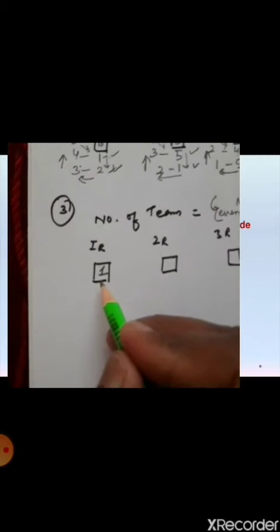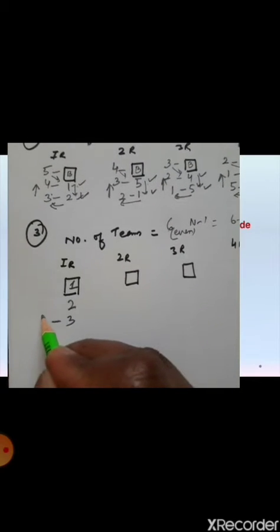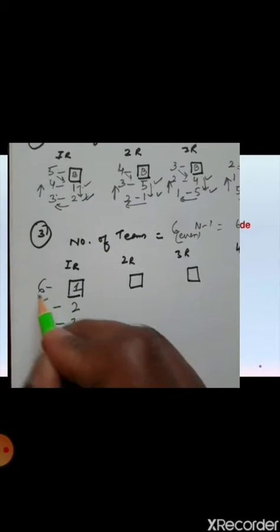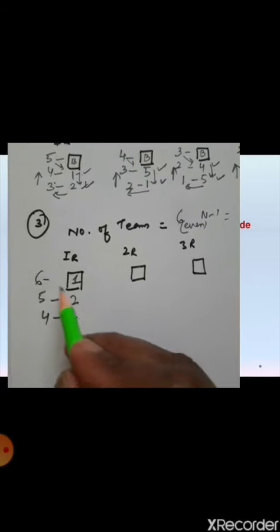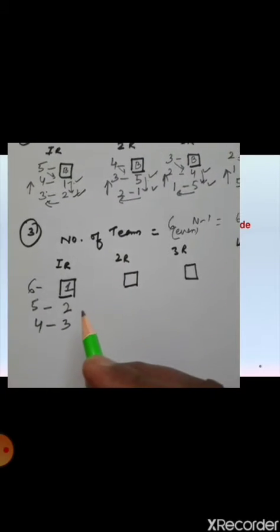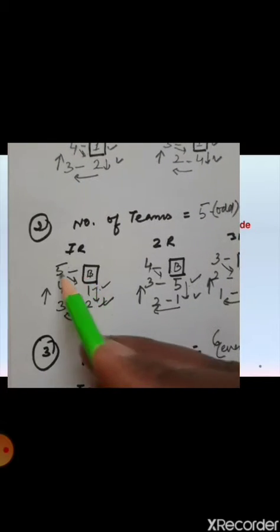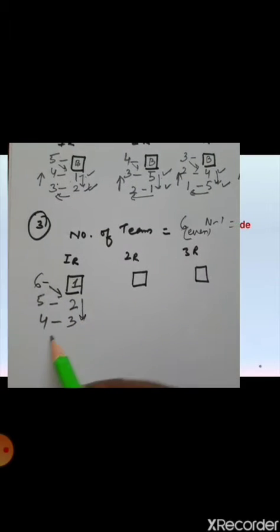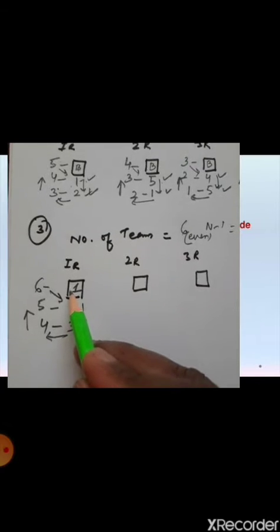Yes, 1 here, then 2, then 3, 4, 5 and 6, because we have to make the game in a pair. Matches can be held in a pair, and we have seen in the odd case we have taken only two pairs because this was given a bye. So now let's see what will be the second round. Team number 6 will be brought down. This will rotate in a clockwise direction in front of team 1.